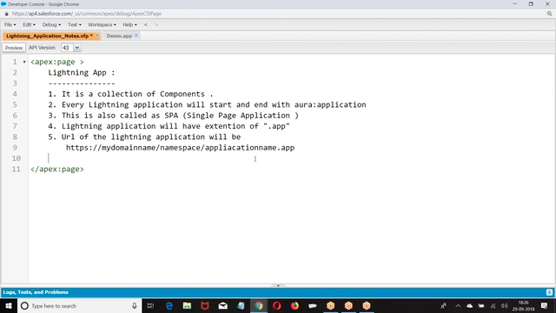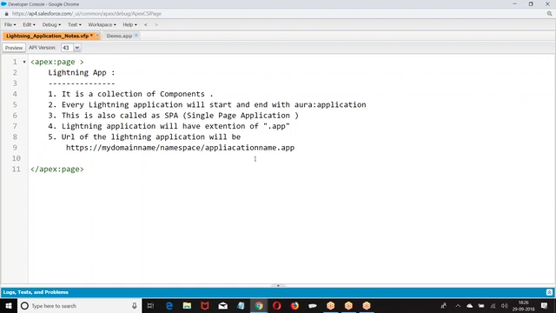If it is a Visual Force page, it is salesforce.com slash apex slash page name. If it is a lightning application, your domain name slash namespace slash application name dot app.